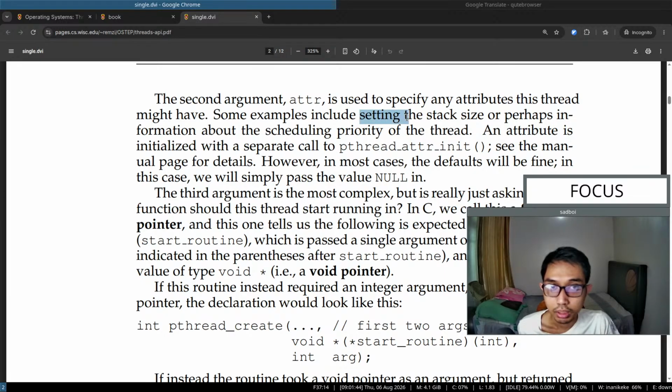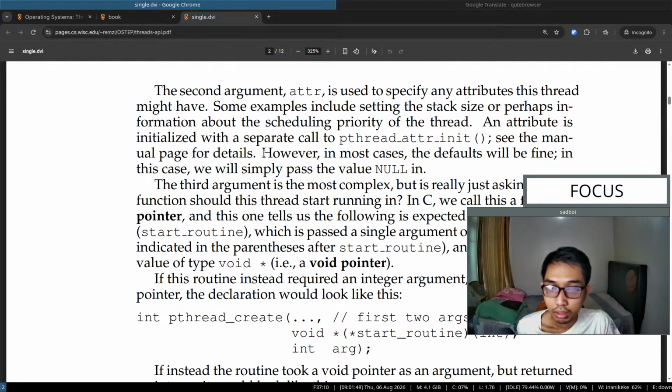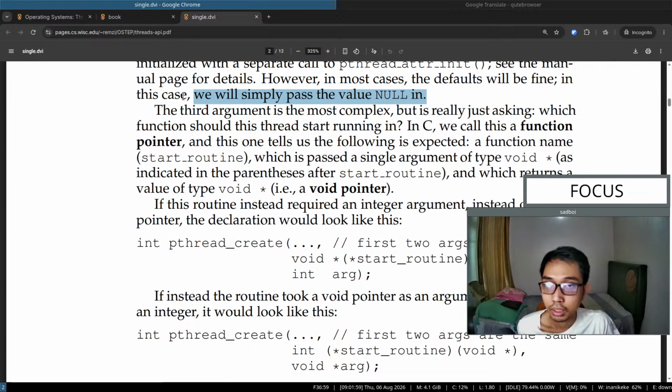Some example in code setting. However, in most cases, the default will be fine. In this case, we will simply pass the value null in. The third argument is the most complex, but it's really just asking which function should this thread start running in. In C, we call this a function pointer,